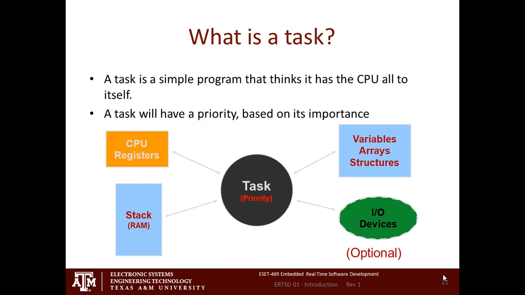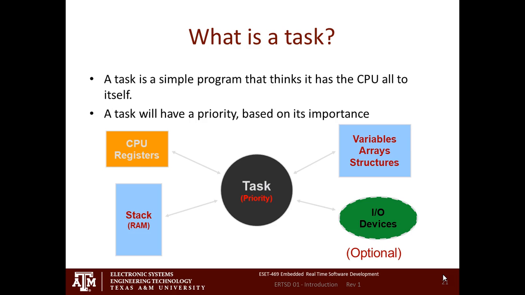Every task has a priority. The priority is, how important is this for us to accomplish our goal, which is deterministic execution of all of our code. The task doesn't really have any concept that there are other tasks going on in the CPU. The task should be written in such a way that it is basically ignorant of what else is happening. Doesn't care.